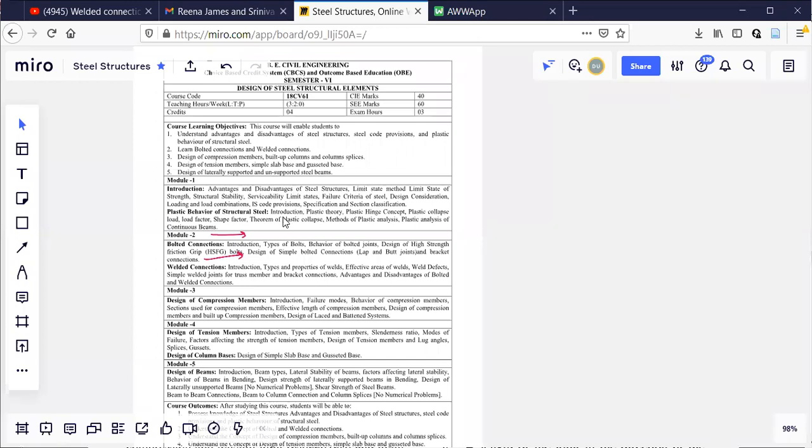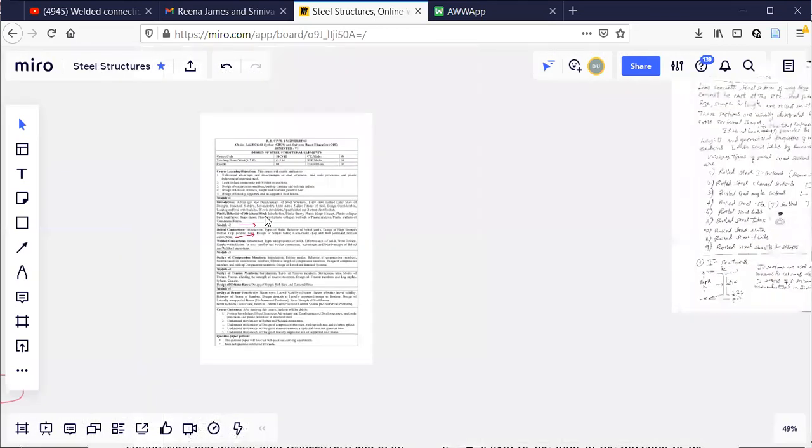Today I wanted to engage an extra class, but there is a problem from 4 to 6. I have to be online on Zoom along with all the staff members. One meeting is there with the principal, so it may extend. That's why yesterday I was free, but I could not engage. Today it is not possible because 4 to 6 I'll be busy.